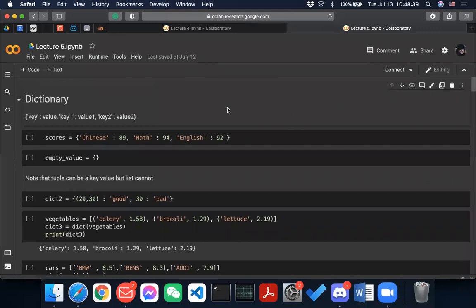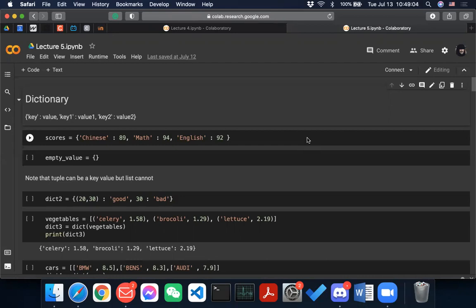We are going to talk about dictionary, and after this we are done with the basics of Python. That is not too much. In terms of the basic stuff, I think we are pretty much done.